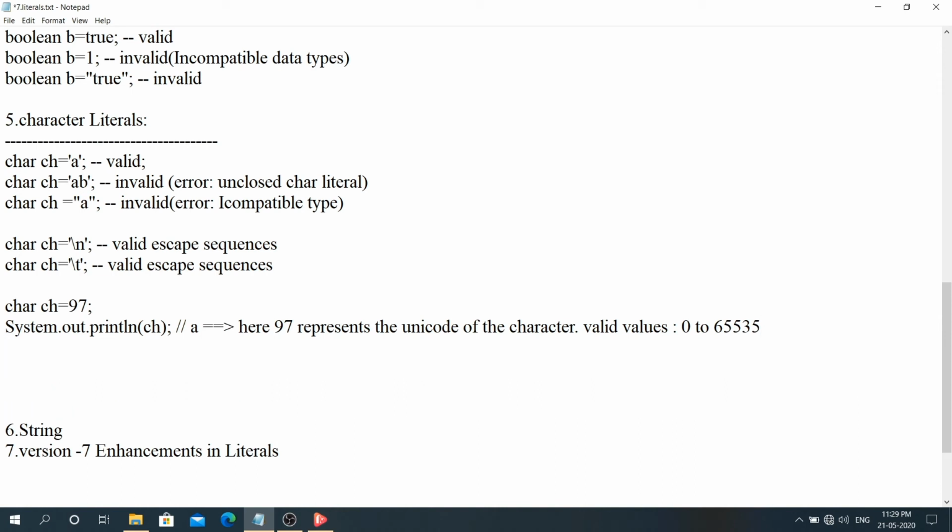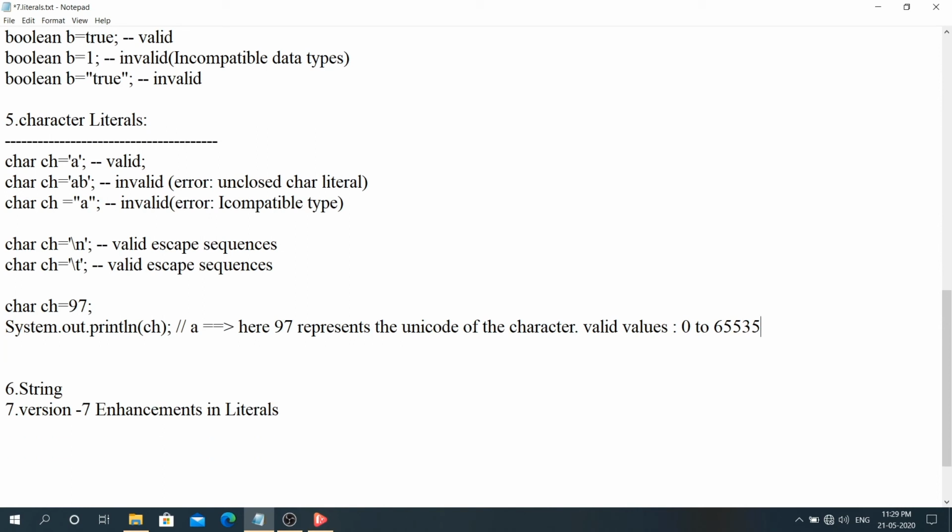And next will be the string literals. There is no specialty in string literals. We all know that these are used to hold a group of characters. String s is equal to "coding", I am storing a group of characters. This represents the string literal.